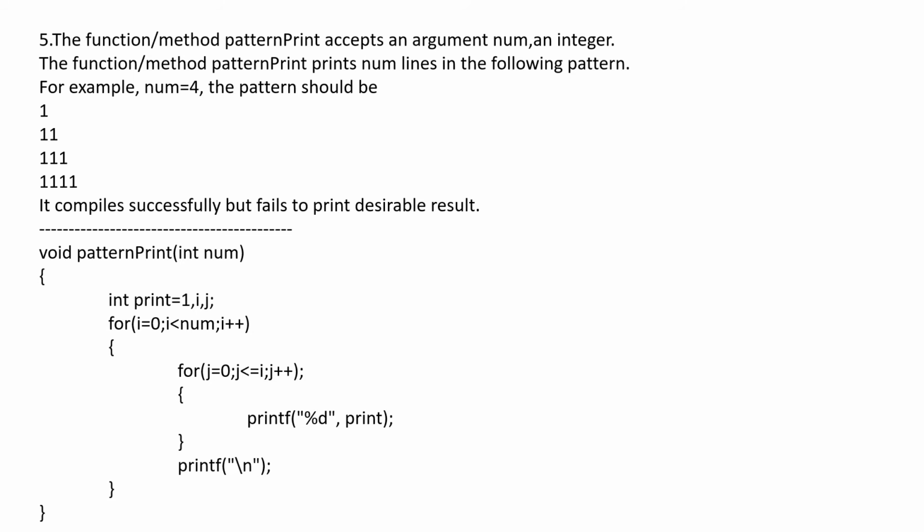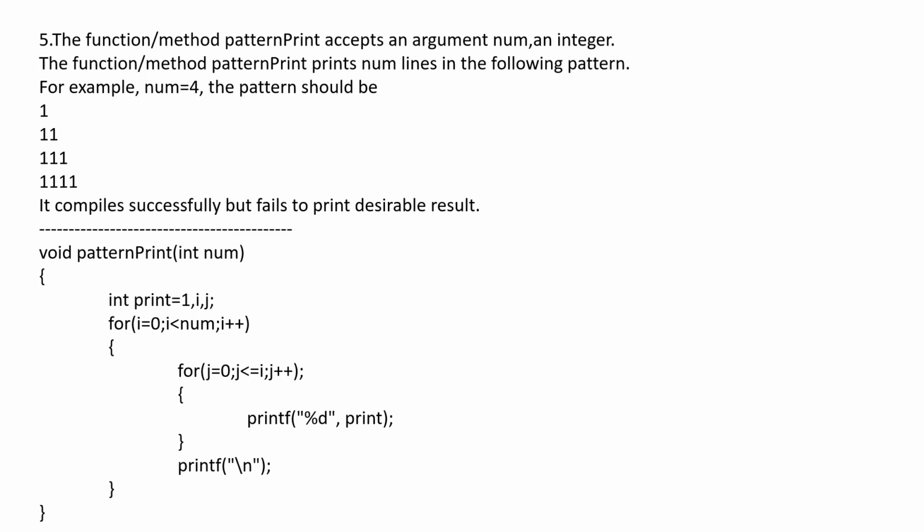So here we are retaining the value of the number by using the temporary variable. That's it. So moving on to our next question, and here we are supposed to print a specific pattern. For example, in the test case, if the number is equal to 4, there should be 4 lines. The first line should contain 1 one, the second line 2 ones, and so on. So if the given input is n, there should be n lines, each line containing a number of ones equal to the line number.